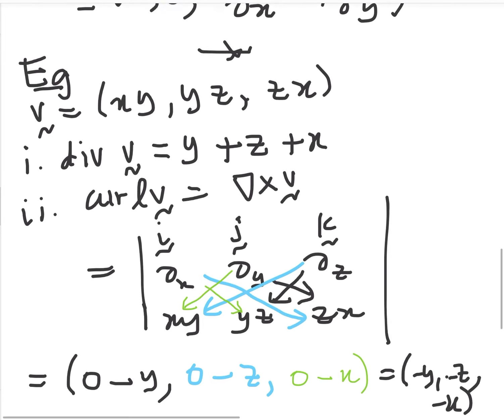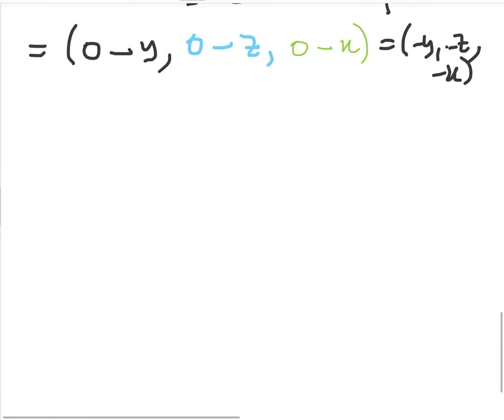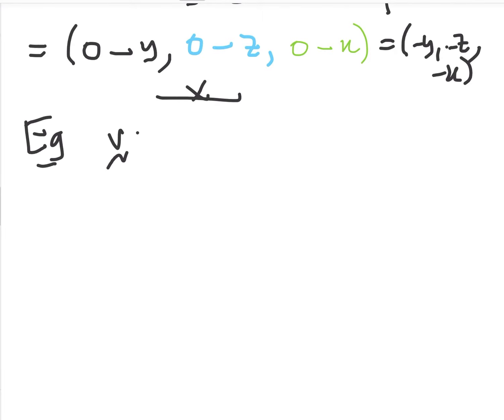It's a rather simple example, but it makes the point quite clearly. You can try some examples from your tutorial books. They of course are not as straightforward, but let me do one simple example involving two components and finding the curl of that. So if your vector field V is defined as e to the x times y